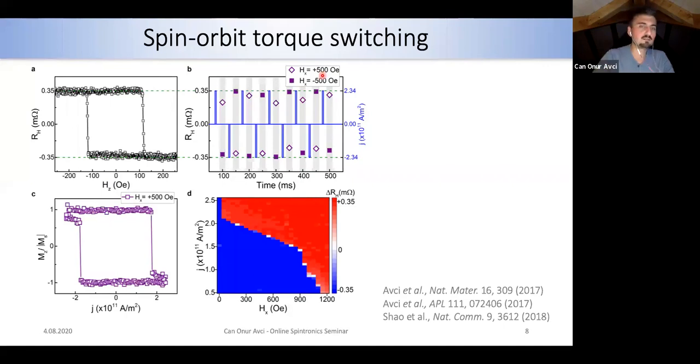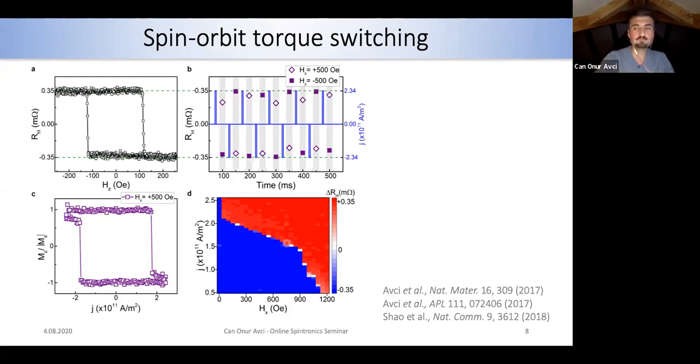You can also look at the threshold current for a given field value, and study this threshold current behavior as a function of the in-plane field. We are able to get all the physics that we know from the metallic systems: the more field you apply, the threshold current goes down. This is basically a confirmation that we are switching the magnetization by spin orbit torques and not by other thermally